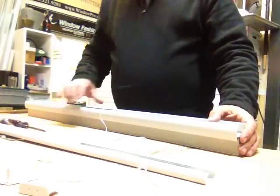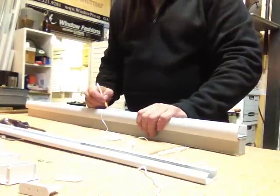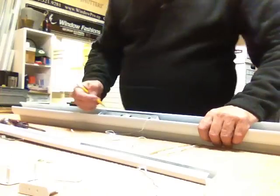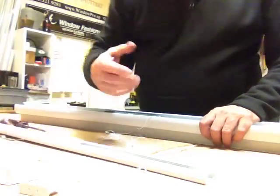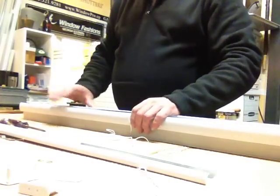And I guess what would be a good idea is I'm just going to put some marks on here. That's the left. And I'm going to mark the motor and the rail, right and right, just to make sure that I'm putting the motor back in the same way once I'm taking it out. So